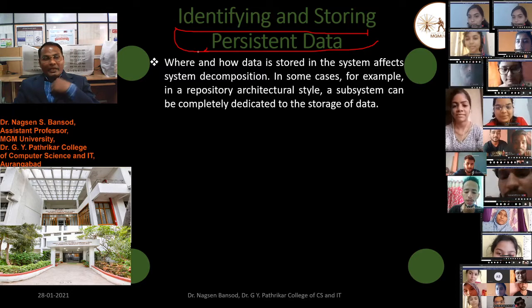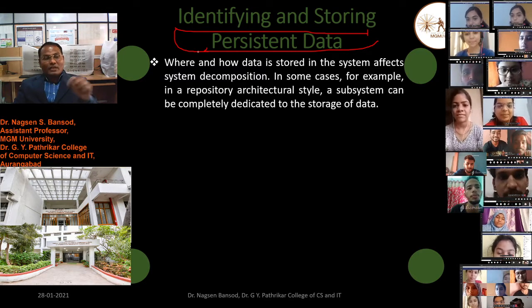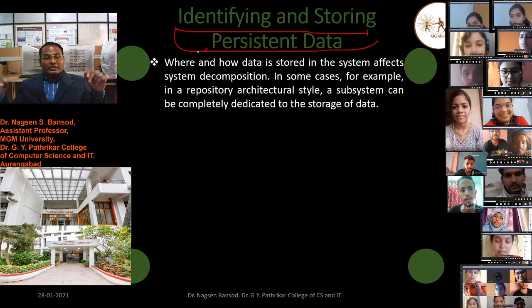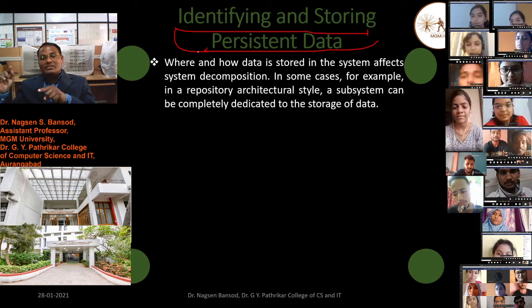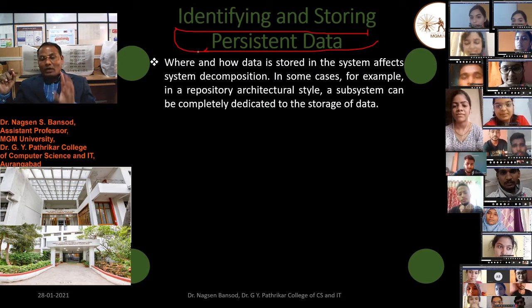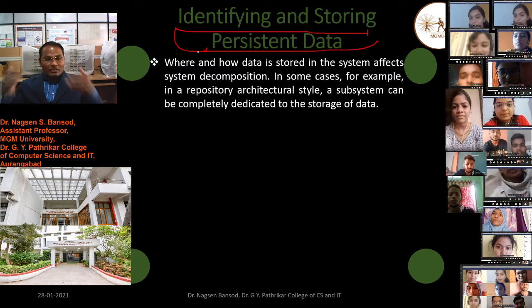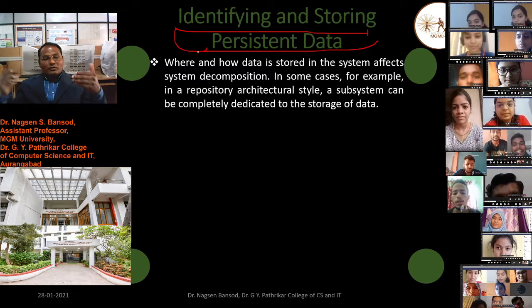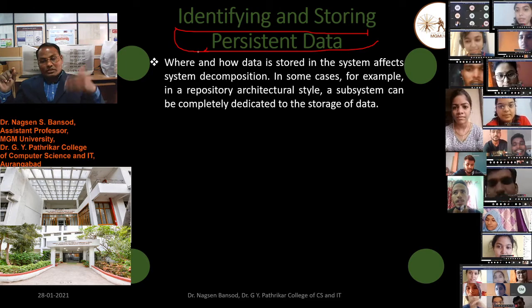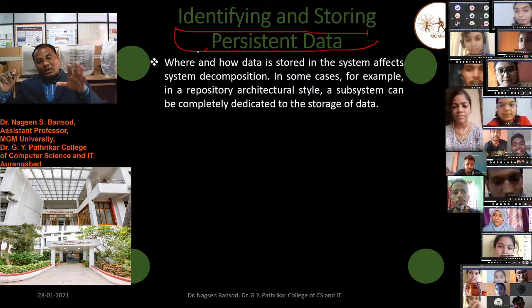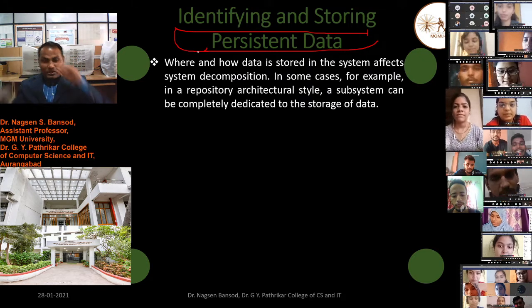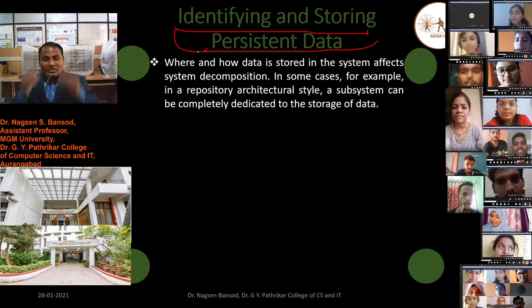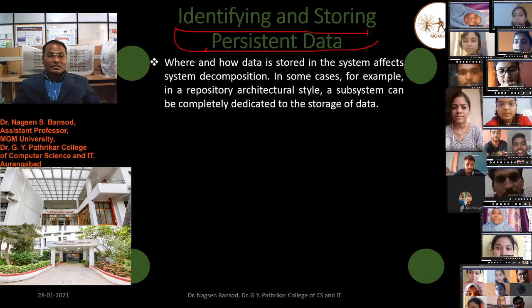My name never changes at this college, and if I leave this college and join another, my name will be the same. Similarly, you are a student of this college, your name is constant; if you change college or go to some other place, your name does not change. That is persistent data.